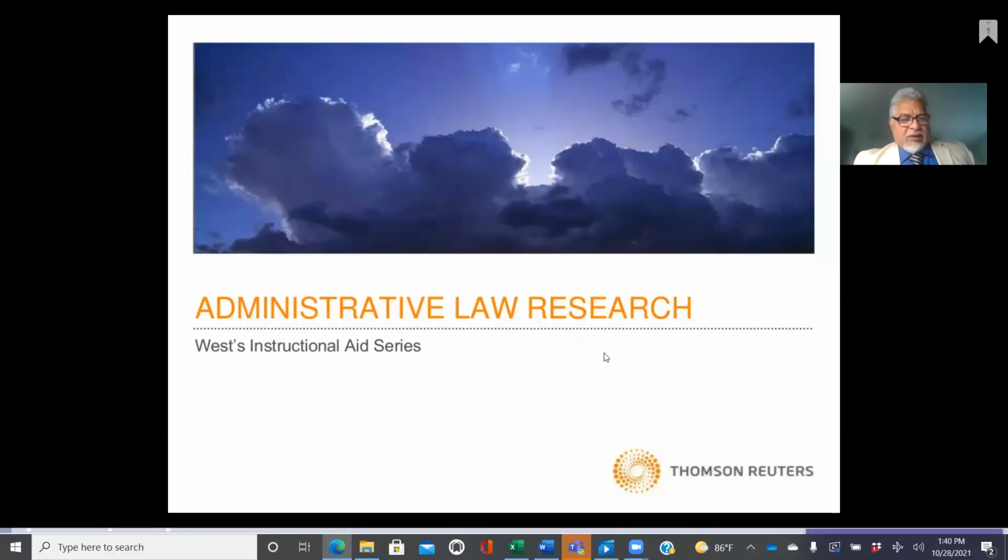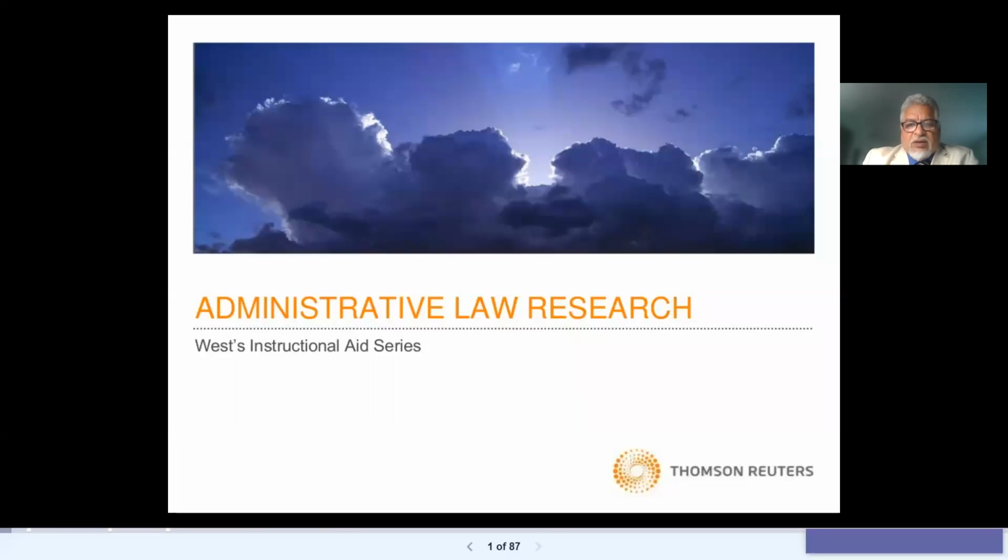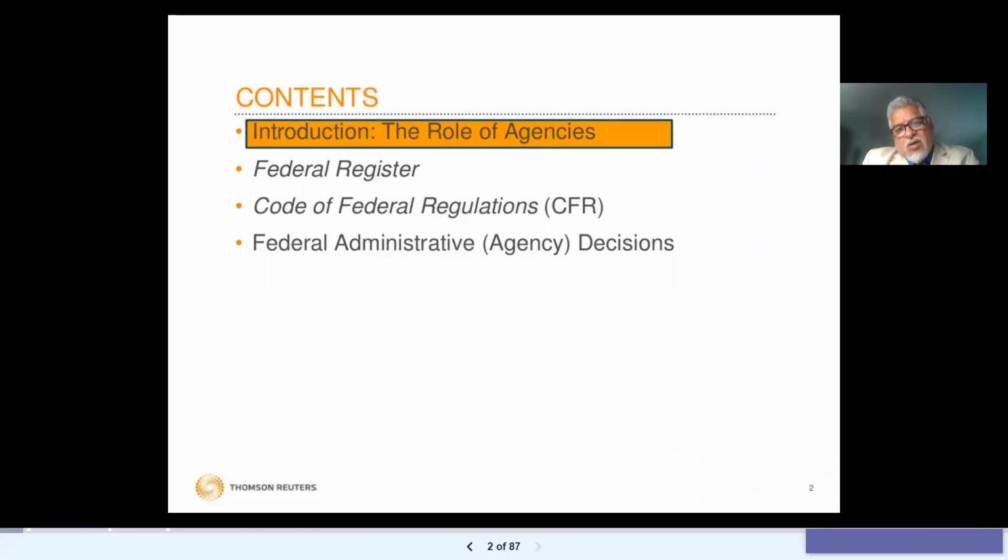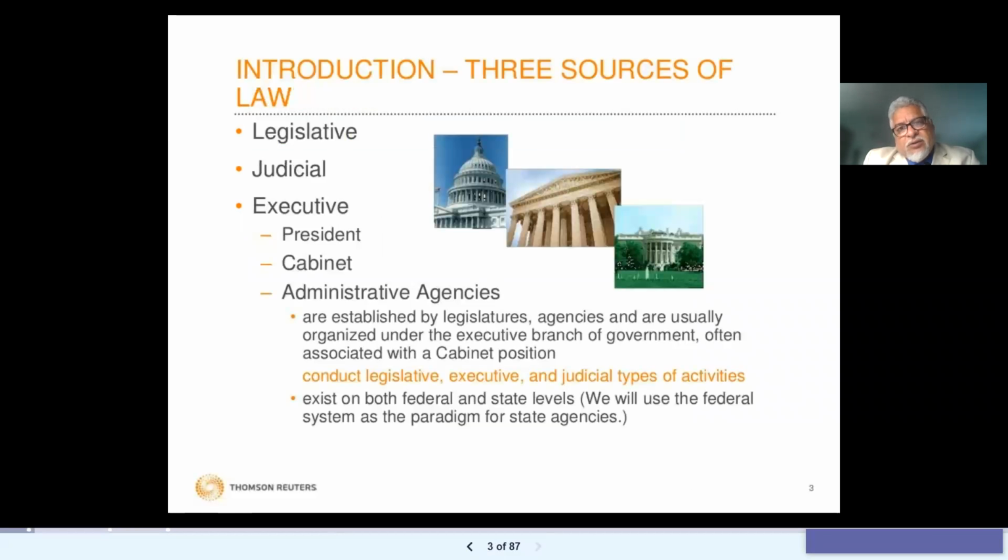Okay, everybody. Today we're going to talk about something a little bit longer, and it's called administrative law research, and it's long because it's expansive, and it has to do with the roles of agencies. And you have to become familiarized with these terms: the Federal Register, the CFR, or the Code of Federal Regulations, and the Federal Administrative Decisions, because those are all important things that need to be taken into account when you're